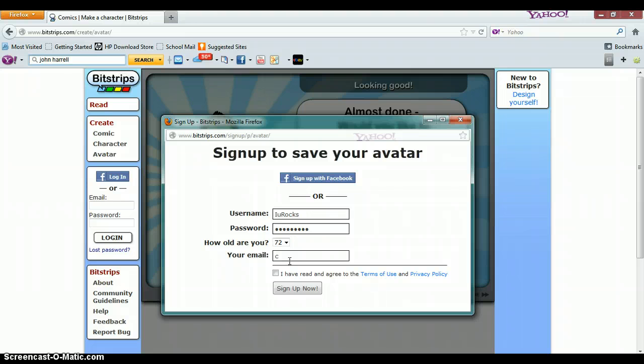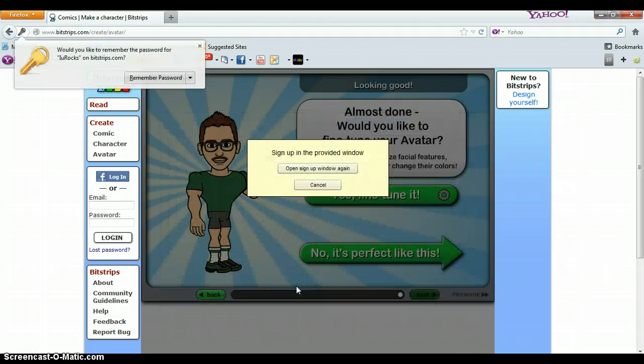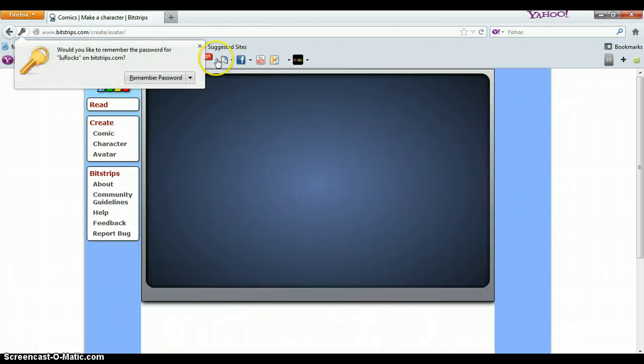And to be honest, I don't know what mine is, but it is something at mybigcampus.com. Be sure yours is correct. Again, I'm just going through this for time's sake, but be sure yours is correct. And then you're going to click I've read and agree to the terms of use. If you want to read them, obviously you can, but you don't necessarily need to. After this is done,